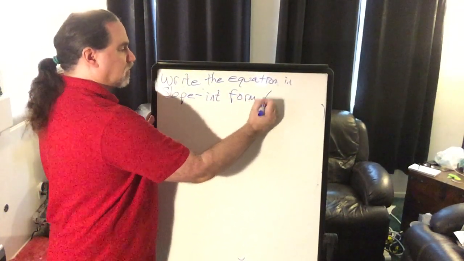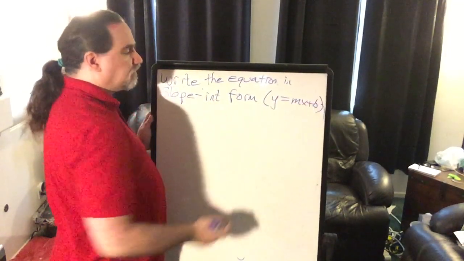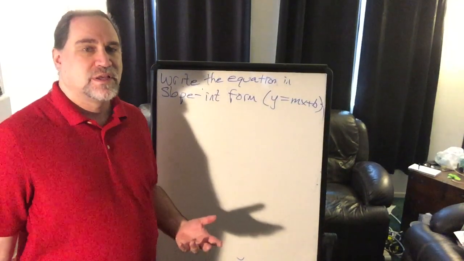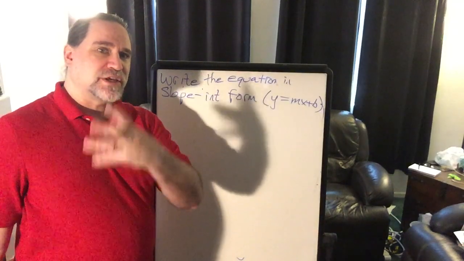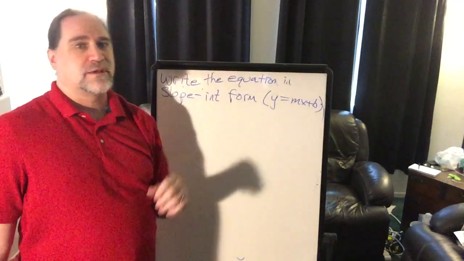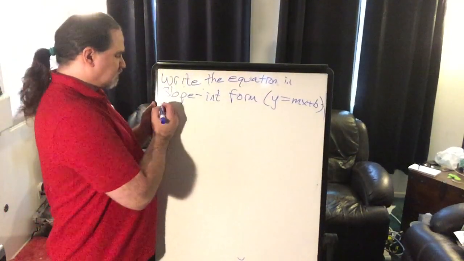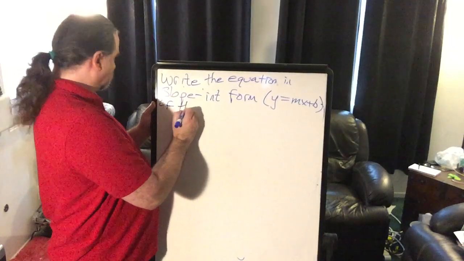This is the one we remember, that's the y equals mx plus b. This is our favorite form. It's the easiest to read. It's the easiest to graph. Okay? A person can just see the equation and know what the graph looks like. They can see the graph and know what the equation looks like. But what if I were asked to write it in that form, and they said, so write the equation in slope-intercept form of the line